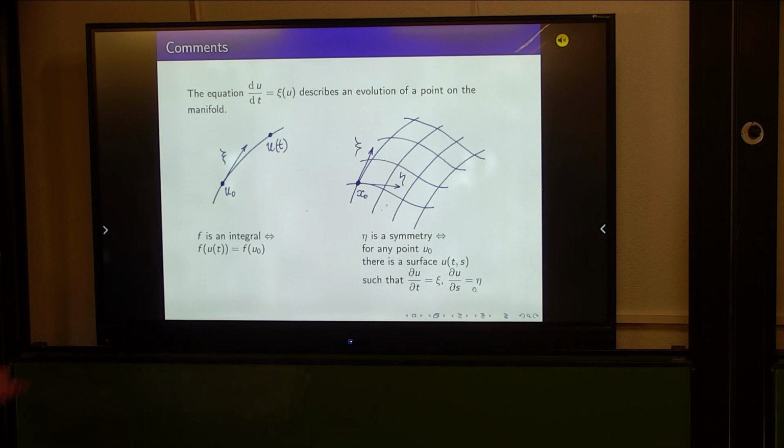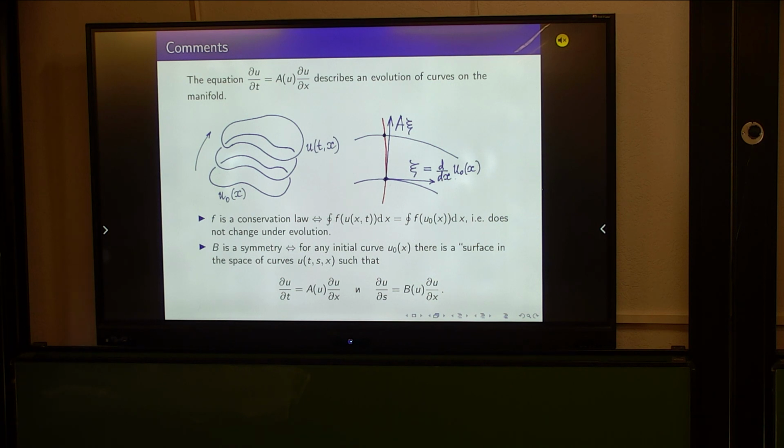It's just the same as saying that the flows of xi and eta commute. In the context of linear operators, the situation is quite different, but we will need to slightly change the rule of the game. So now, as a dynamical system,